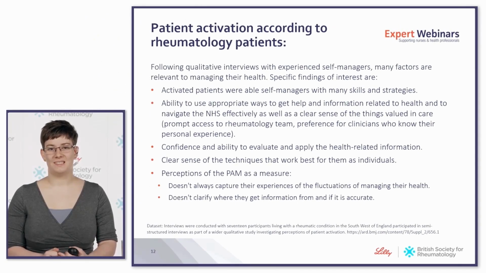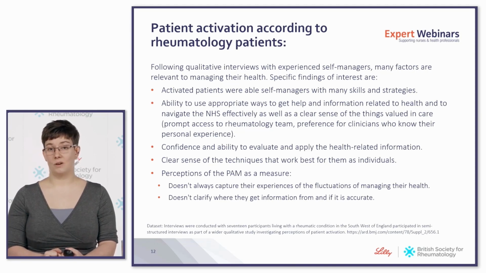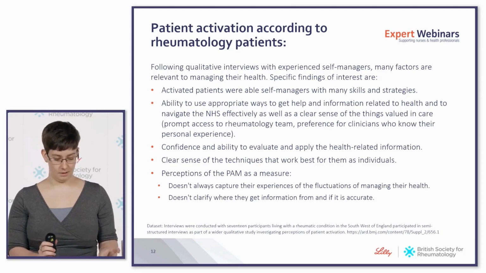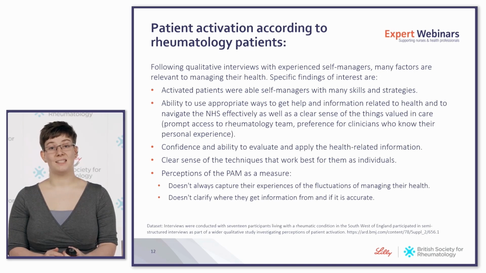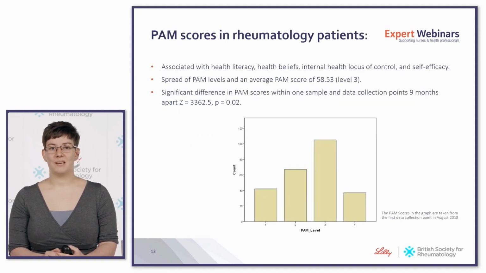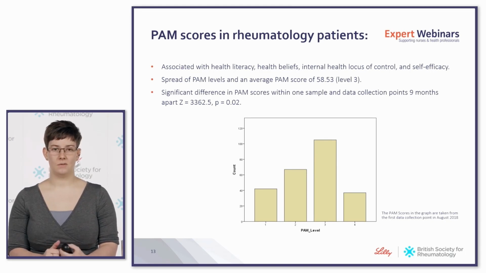This led me to want to understand what the skill level of patient activation was like in rheumatology more broadly. And for that, I wanted to conduct a survey study to find out what factors were associated with variance in PAM scores and PAM levels in a rheumatology population. As part of this, I recruited 251 participants from 6 sites across England and asked them to complete the PAM, along with a range of other clinical, demographic and psychosocial outcomes, to find out what contributed to variance in the